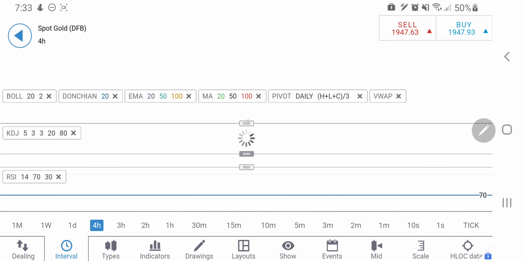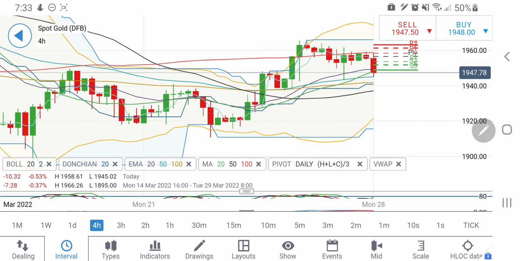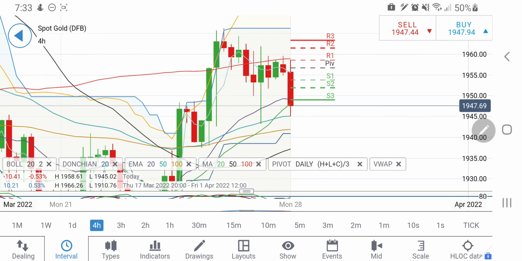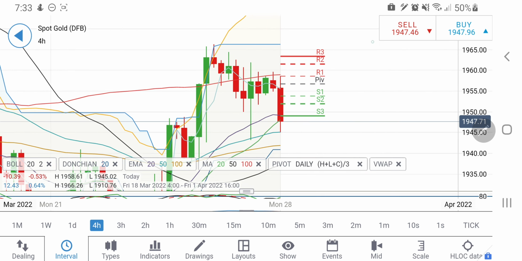Let me show you on the 4-hour chart. See, on the 4-hour chart, see how beautifully the candles are designed here. Highs are well connected here, and you can see these candles. Look at this. Now the support here at 1945 is there. Below that it will come back to 1940, which is a stronger support. Possibly the only long entry is beyond 1960, that is for sure.